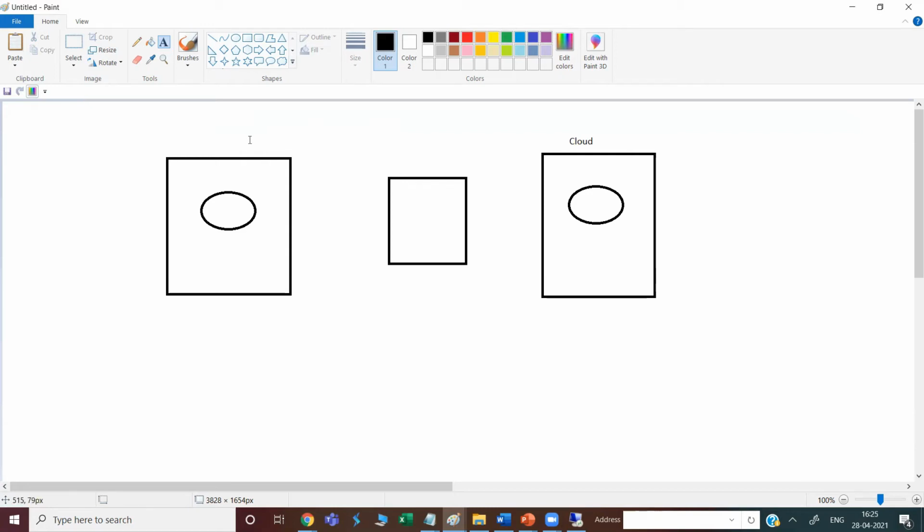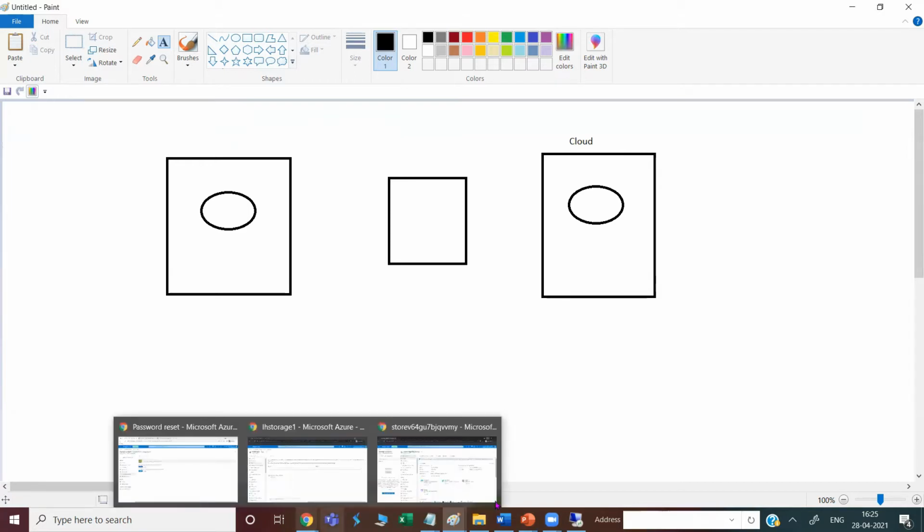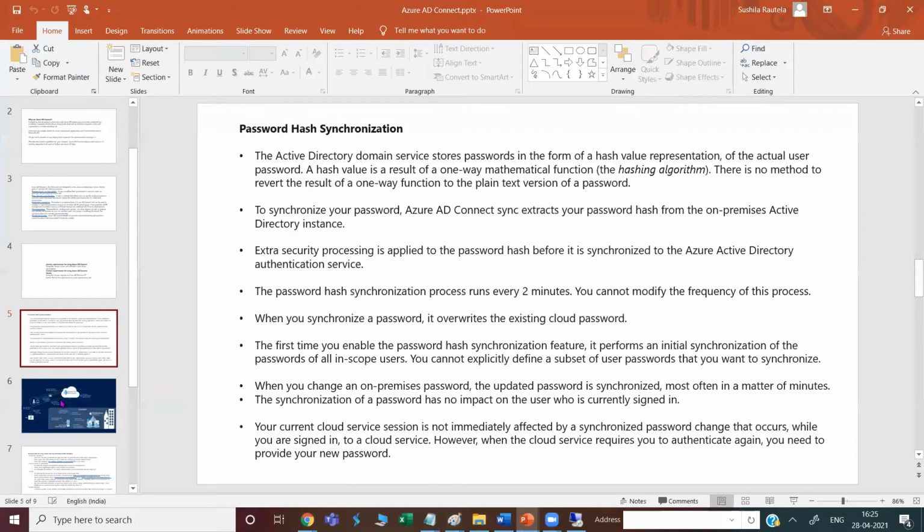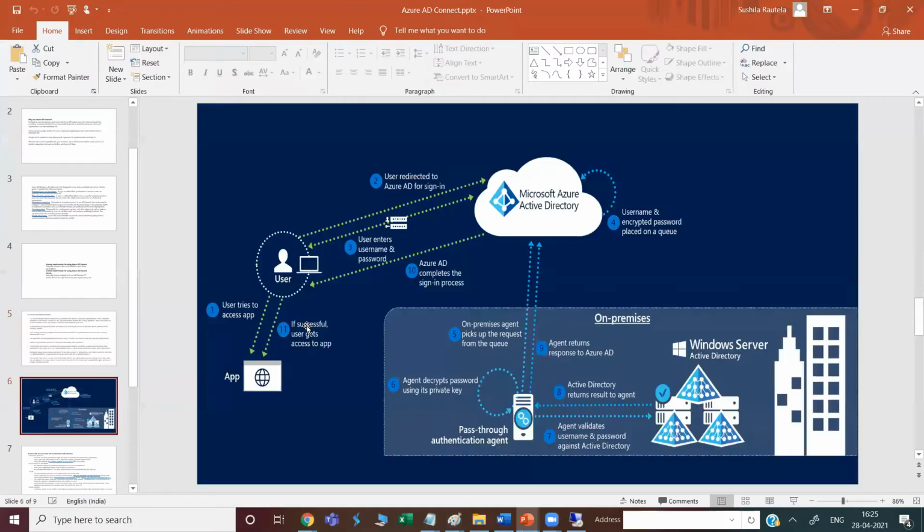Okay, they have the concern regarding security. So they do not want the user password to move out from this on-premises, right? So in this situation, another authentication method comes into the picture, and this authentication is known as pass-through authentication.